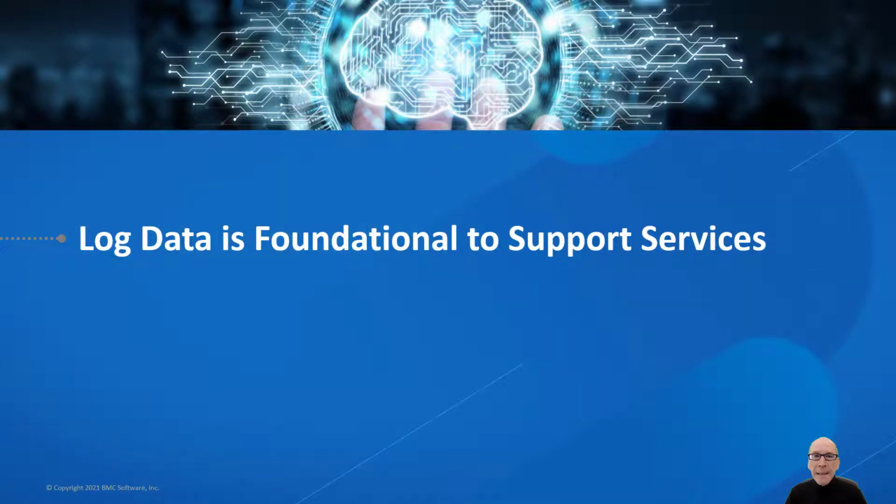At every organization that uses BMC's solution, there are engineers who deliver services to their users. So let's talk about what we have done for these engineers to make their daily life of building and operating